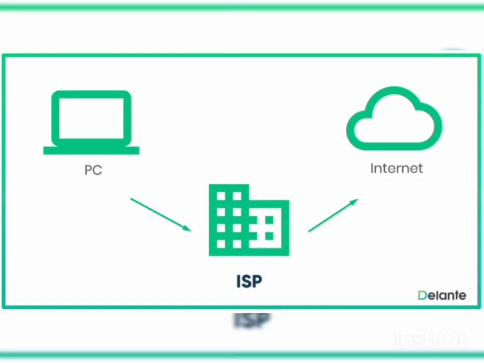And lastly, we will learn about ISP, that is Internet Service Provider. This is the organization which provides internet connection to different people or organizations. For accessing internet, users have to take internet connection or internet services. ISP provides this service to the users. Users have to pay for the services they are getting from the ISP.